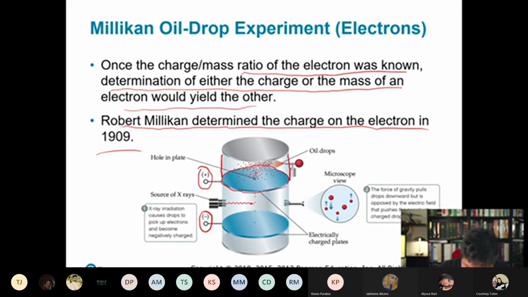And then what he did was he shot X-rays in there, right? He shot X-rays in there, as there's a little hole right here, and the oil particles start to fall down to the second chamber. The reason the oil particles fall to the second chamber is because of gravity. Gravity pulls the oil downward, right? But the funny thing about that is that